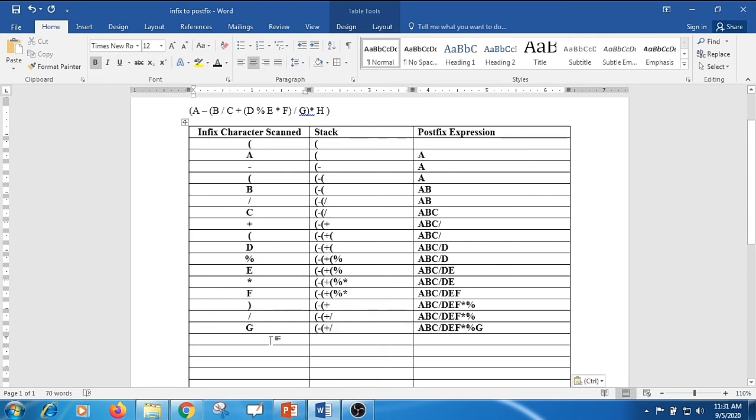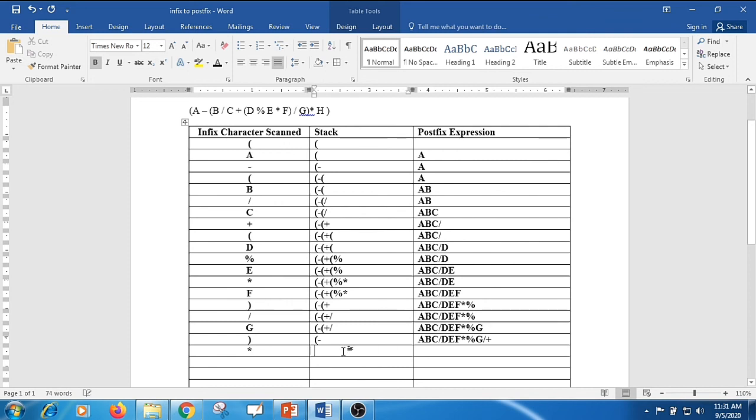Then you have a closing bracket again. When you have a closing bracket, pop the previous elements onto the postfix expression. So what will happen now? This is the same, and here you are going to pop the division as well as the plus. And you are going to have only the opening bracket and a minus over here.